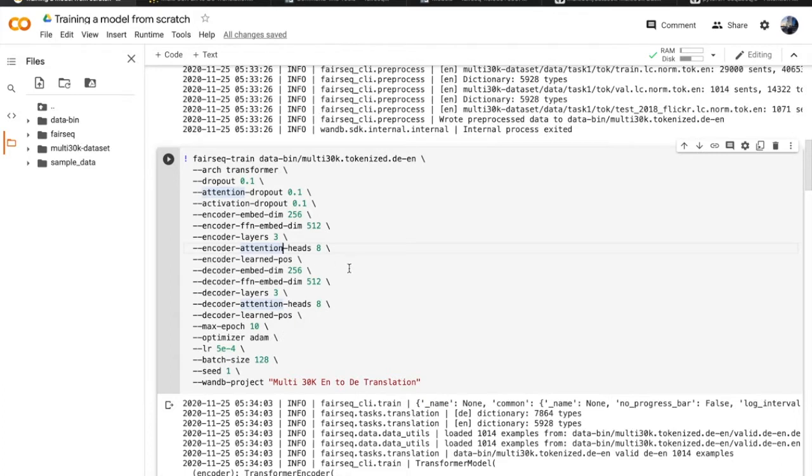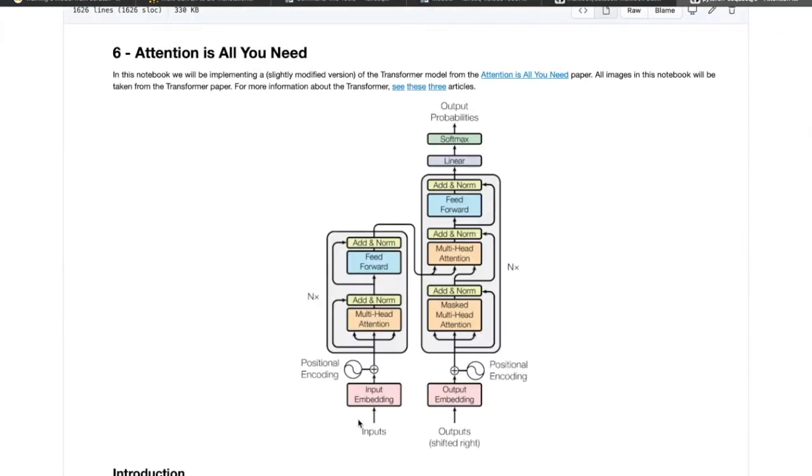And now coming to the attention heads. We have chosen it to be 8. This multi-head attention block takes the input embedding and the positional embedding, the concatenation of it, splits it into n heads, and then applies the self attention mechanism on each of them in parallel and then concatenates it back again.